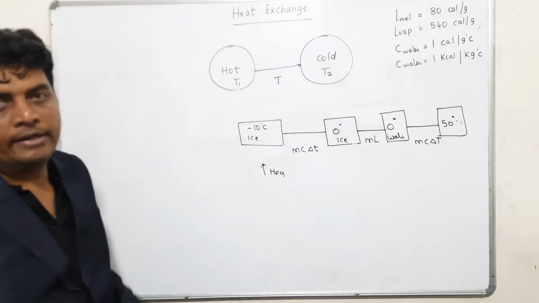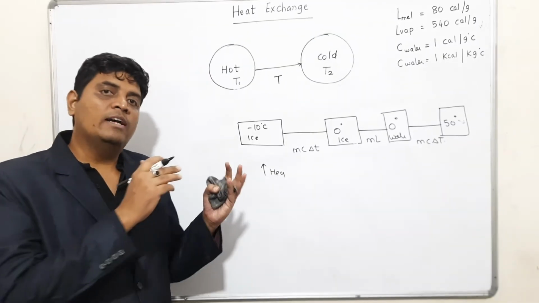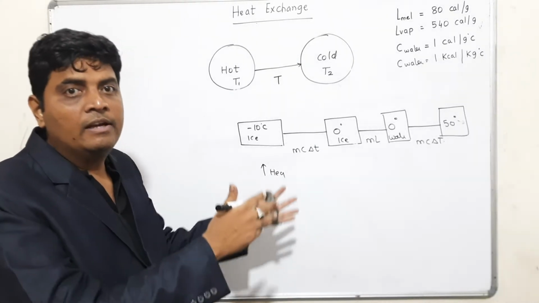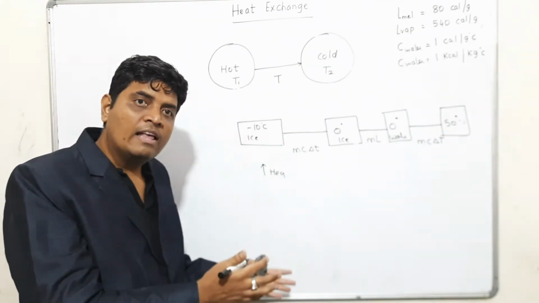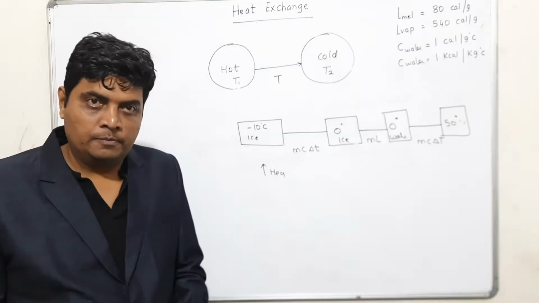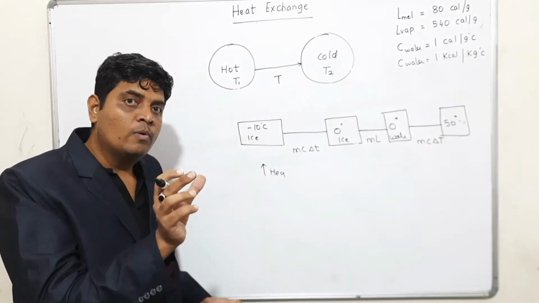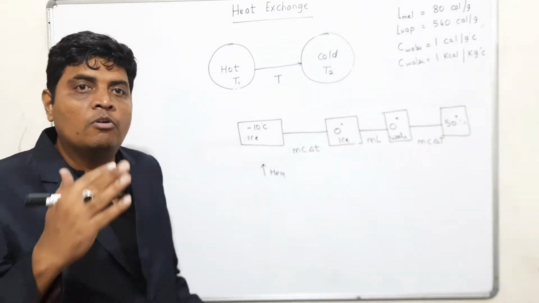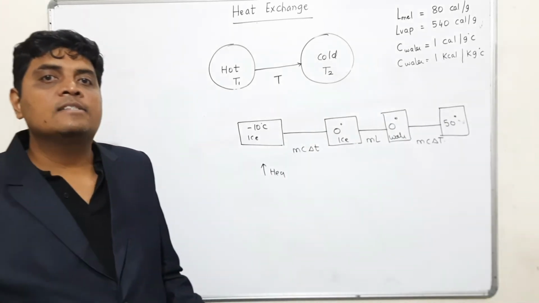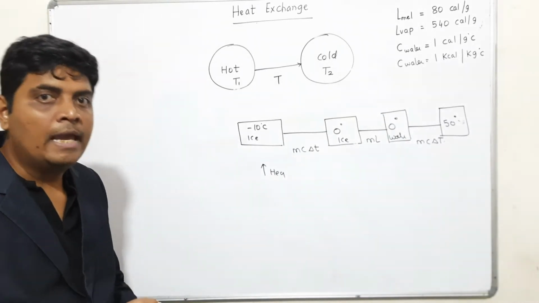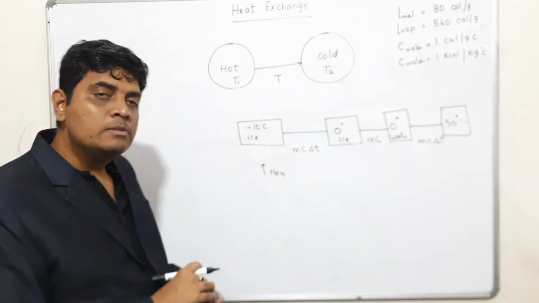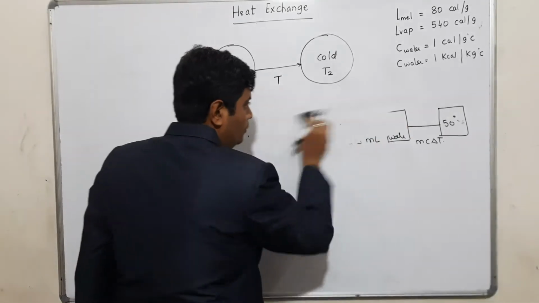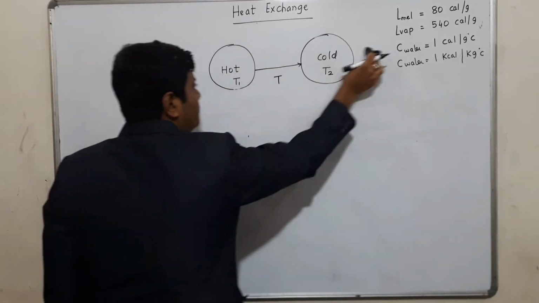This concept we need to understand for water and ice. First, from minus, there will be a rise in temperature until it comes to 0. At 0 degrees Celsius, ice will get converted into water, and the heat involved over there is m into L. After it gets converted fully into water at 0 degrees Celsius, the temperature will now rise, and the heat involved will be m c delta T. So if we know these basic concepts properly, we can easily solve the numericals. So let us now start with the first sum.